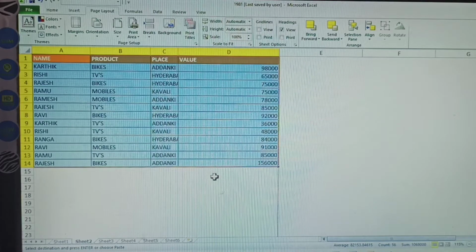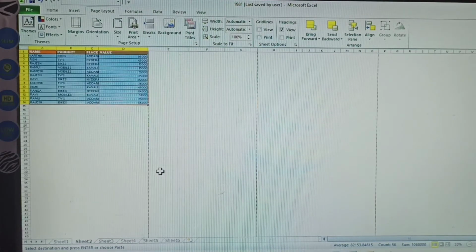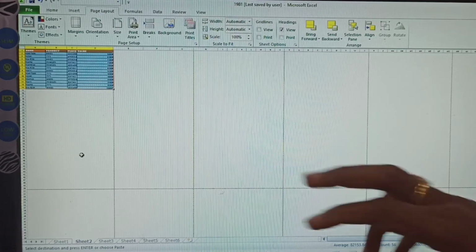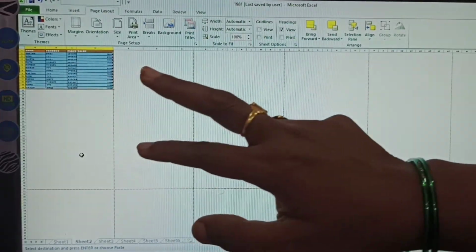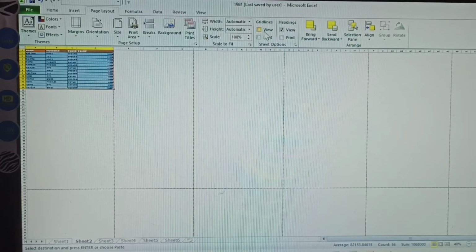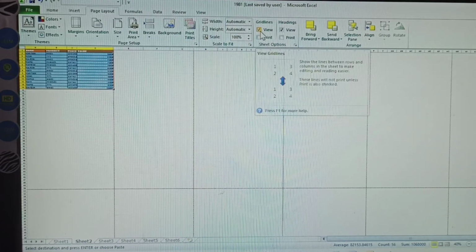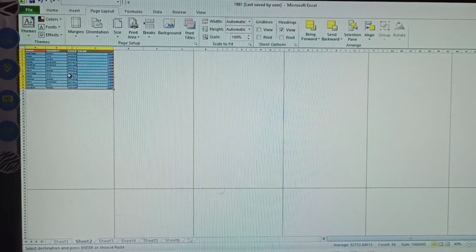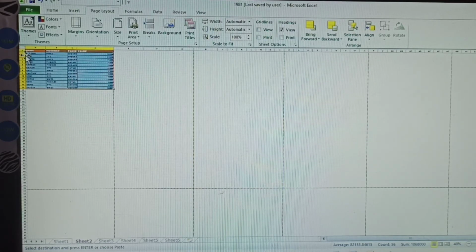In these grid lines, before you adjust your table, see here, this is the complete Excel sheet, and only this page is printing. Now in that page layout, remove the grid lines. After this is completed and the page is ready for printing, now how to expand the lines.